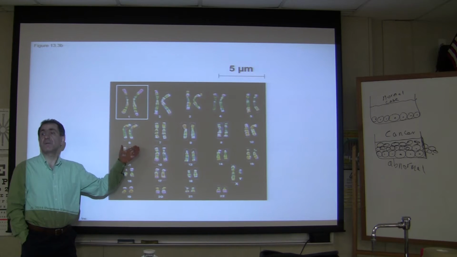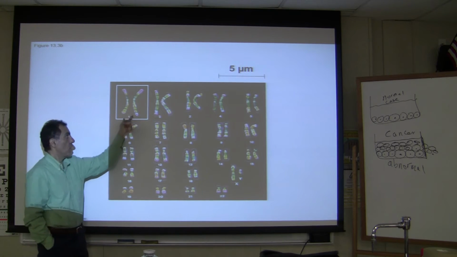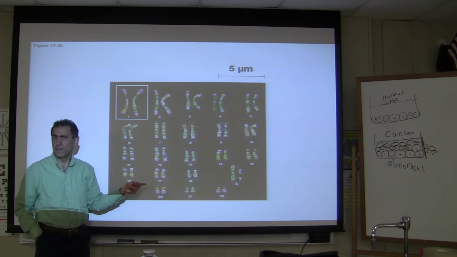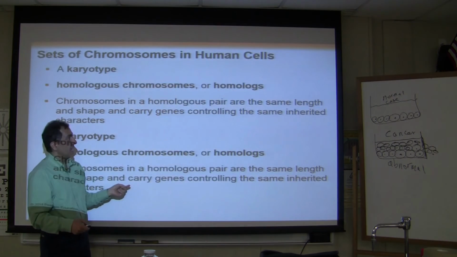These chromosomes were taken from a diploid cell. It has all 46 chromosomes. Am I making some sense? But if you go back,